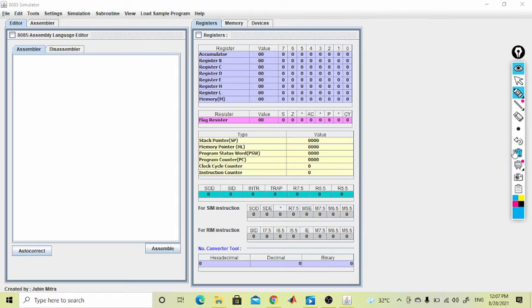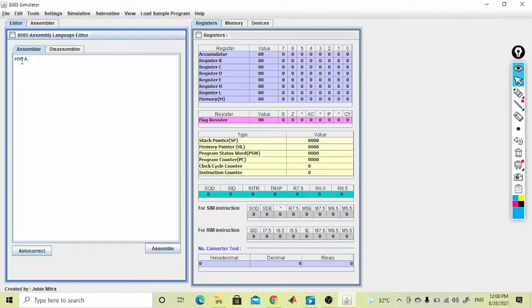Let's see what the instructions are and how we write them in the simulator. First of all we have to move the dividend into our accumulator. If the dividend is in some memory location, then we have to bring that value into our accumulator, or here we are directly moving a value.